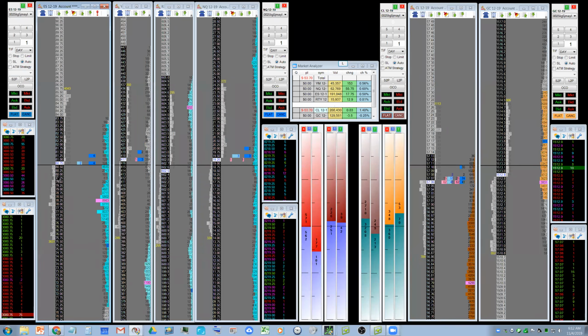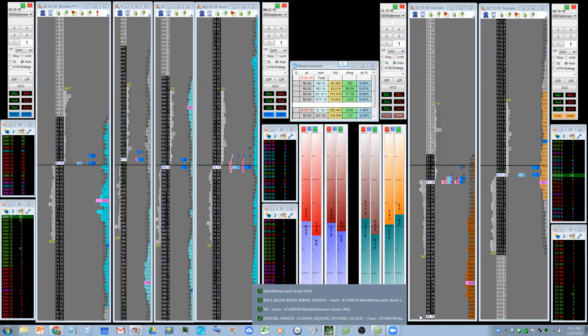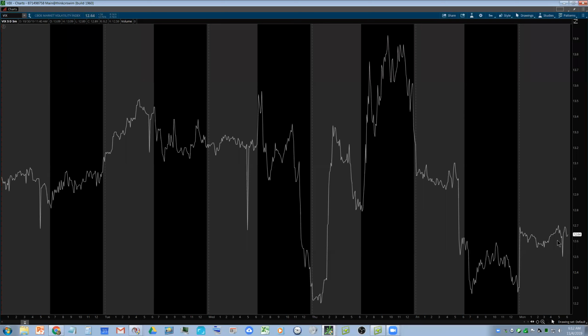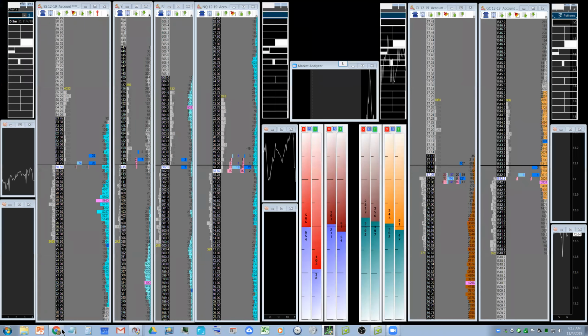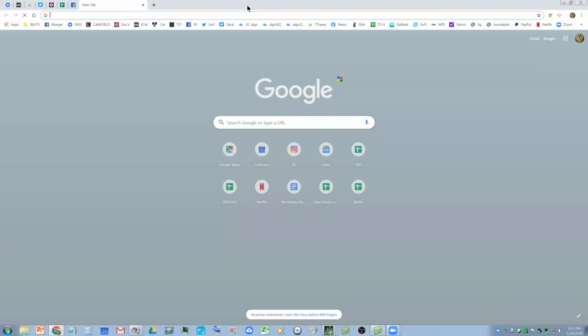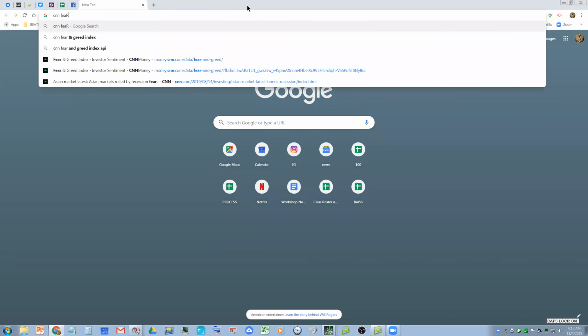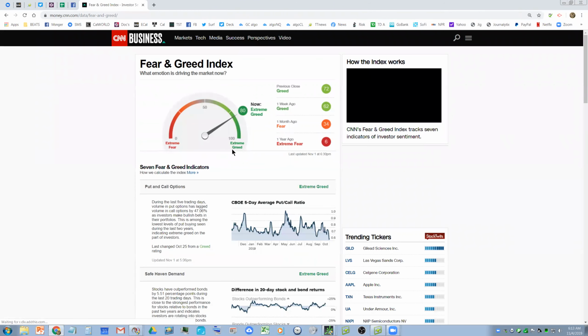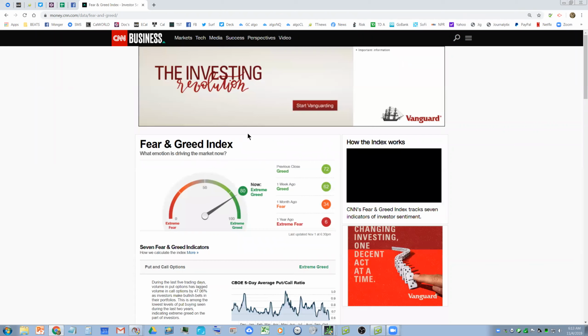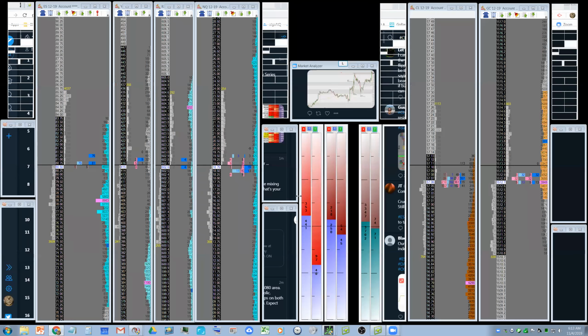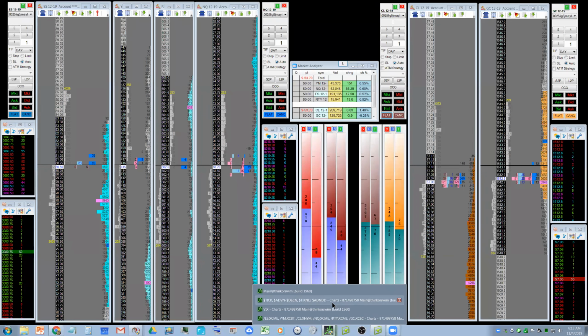Okay. So the other things I am doing at this time of day, I always pop over and check out the VIX. It's just a one-minute look at volatility, and right now it's really low, so people are really bullish. People are probably greedy. If you check out that fun little CNN fear and greed, that's kind of a sum of all the different indexes that track that stuff. And yeah, it's pretty greedy. That makes complete sense. So this is probably a good time to be thinking in the back of your mind that there's a shortcoming somewhere. So that's another way I prep. I just get a sense for the VIX and that sentiment.